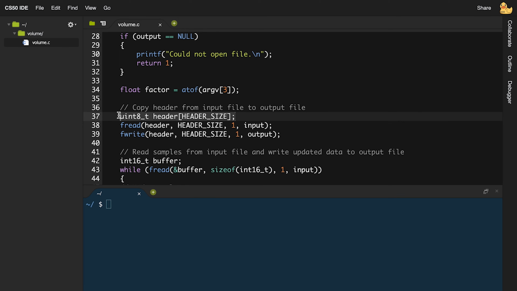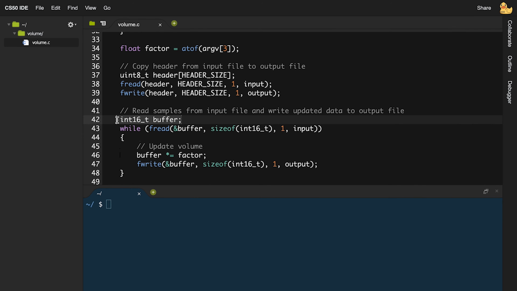And now we need to read that buffer from the input file. And so here, we're reading HEADER_SIZE bytes from the input file, and we're going to go ahead and read it into the header variable that we've created here. And after we've read it into memory, then we can write that same data to the output file, calling the fwrite function, and then writing the contents of that header to the output file. And how many bytes are we going to write? Well, we're going to write HEADER_SIZE bytes. Those lines are going to have the effect of reading 44 bytes from the input file and then copying them into the first 44 bytes of the output file.